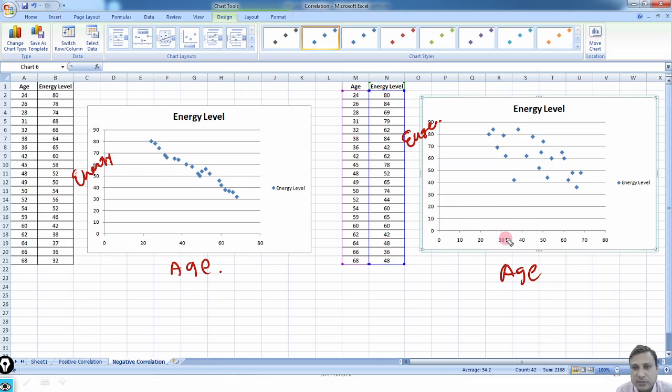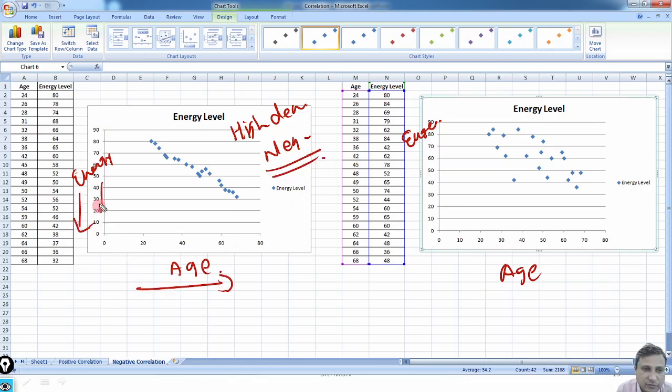Now what's the difference between these two? This is a high degree negative correlation. Negative correlation means if age is increasing, your energy level goes down, or if your energy level is up, it indicates your age is less.